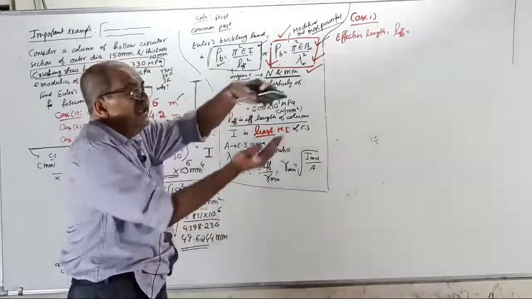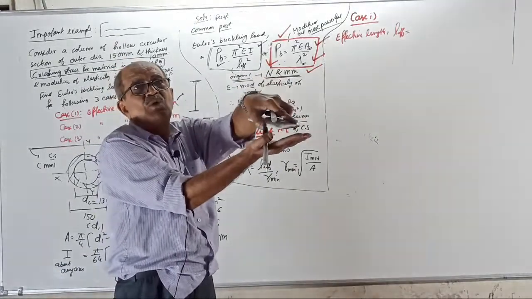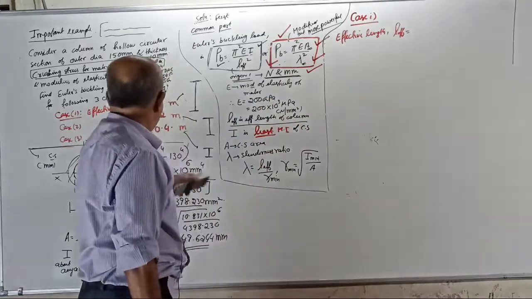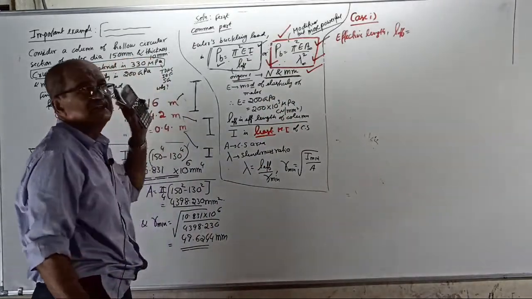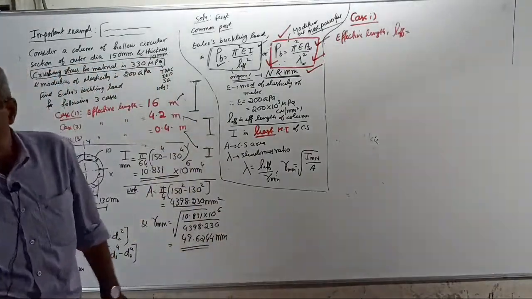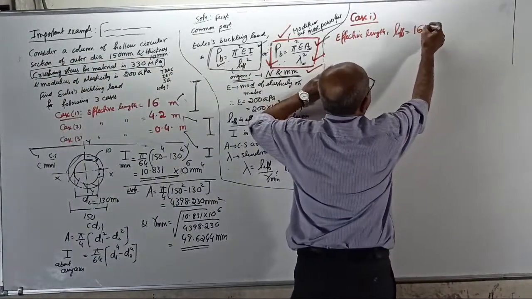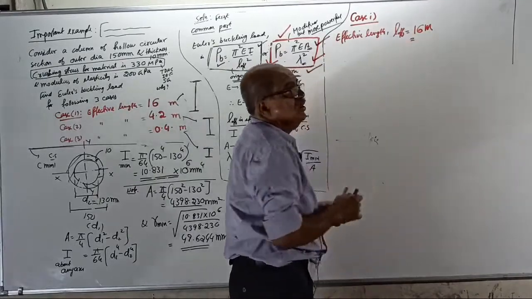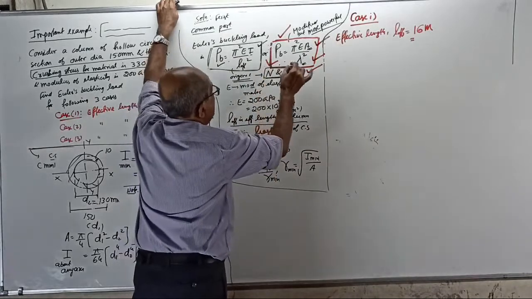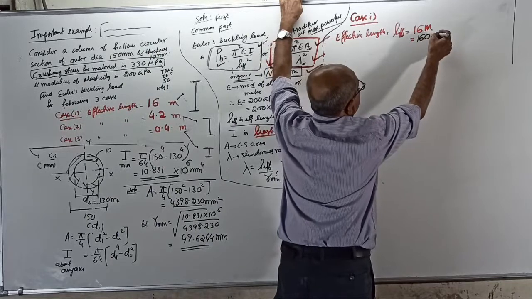Case 3, very small. Length is only 0.2 meter, not even 1 foot, around 8 inches. But when you convert to effective length, it becomes double, that is 0.4. You never bother about end conditions. You take the question's effective length. So case 1 is L effective equal to 16 meter. Okay, now I told you, you should not substitute meter. We decided all substitutions in newtons and millimeter, so 16,000 millimeter.